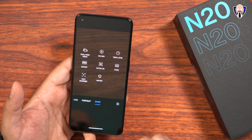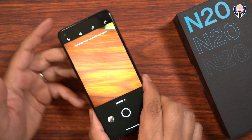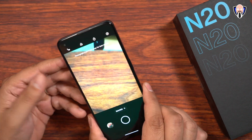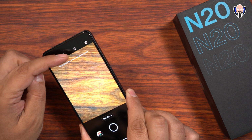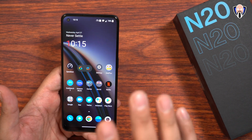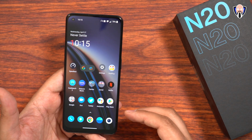We have expert mode for pro mode, text reader, and of course, macro mode that enables us to use the macro lens, which is very nice for when you want to be able to get some of those really close-up shots. And it tells you right there, it's basically, photographs from 4 centimeters away for best result. So we'll definitely get a chance to check that out. But let's not waste any time. Let's go ahead and jump in and do a quick sample of the front-facing and the back-facing sensor on the